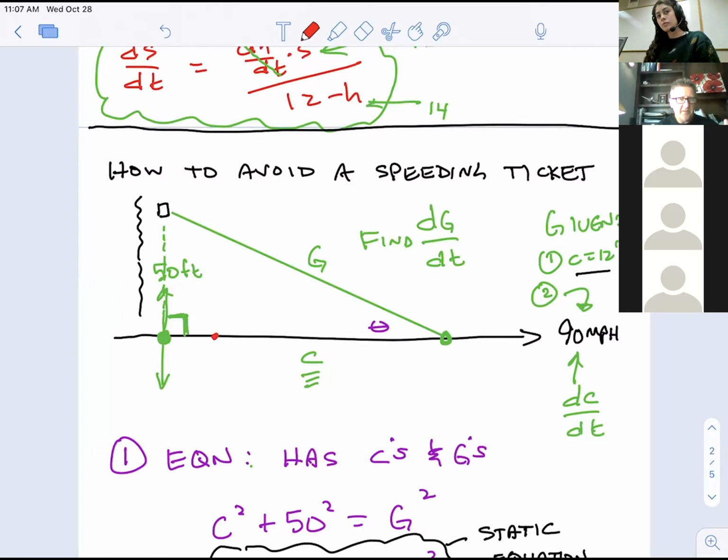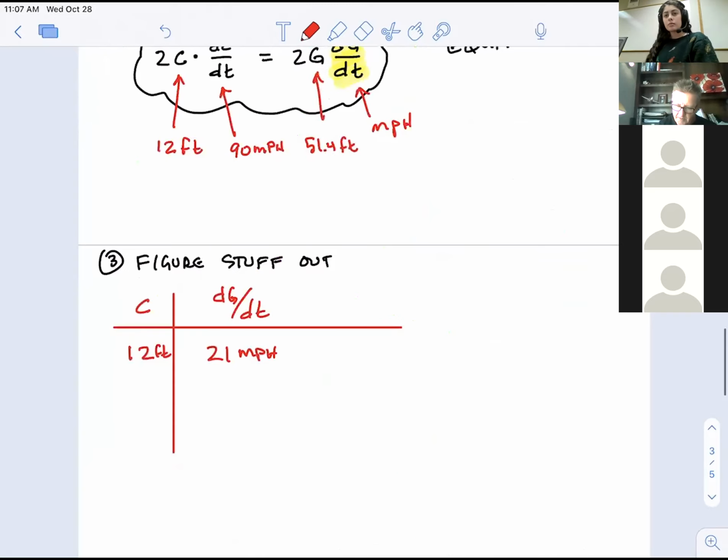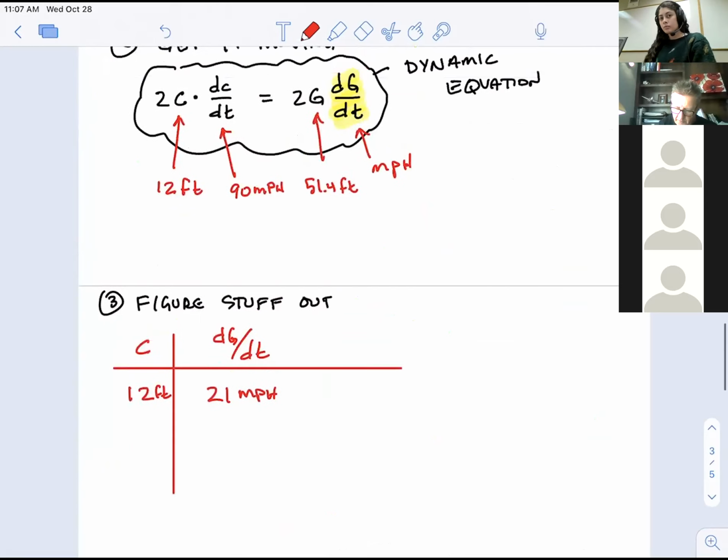But let's do some other questions. What if we went out a little further? What if we were out at 60 feet? Let's redo this with 60 feet. Well, that'd be 60 times 90 divided by 51.4. When I did that, I got... maybe this does matter, because, oh, it's not 51.4.